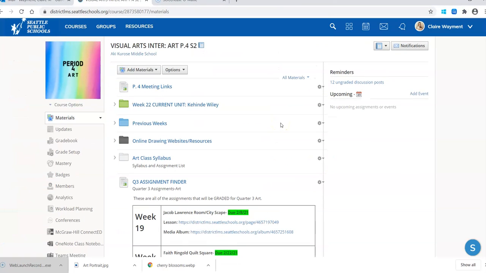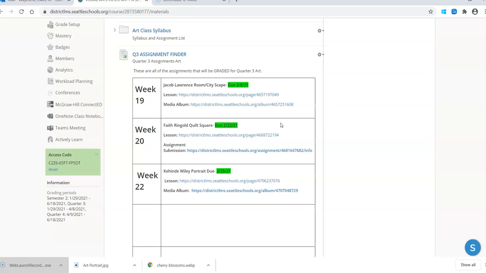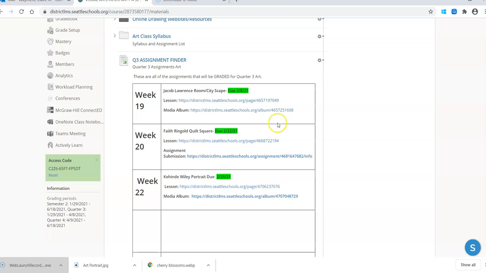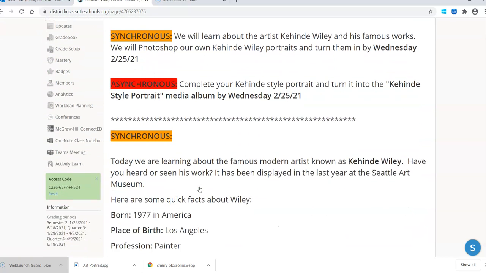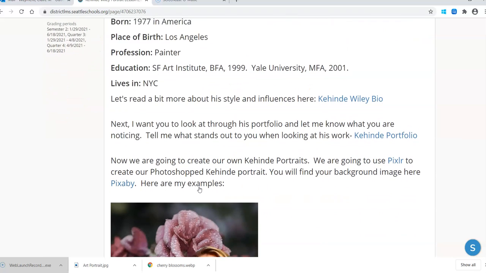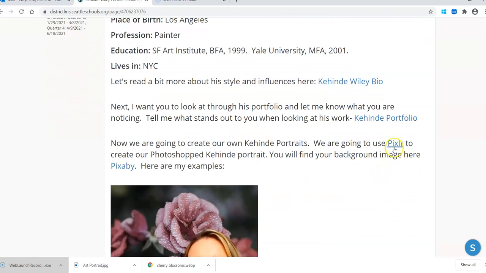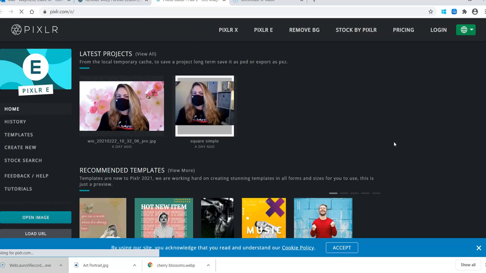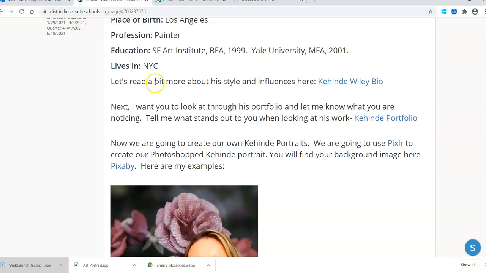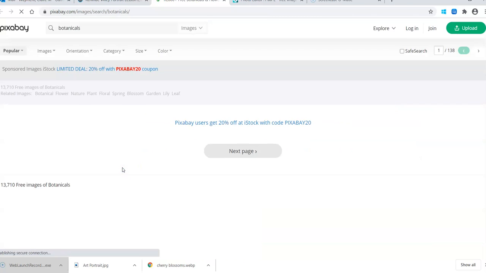So I am in period 4 here, and I'm just going to do the easy assignment finder link. So we had our Kehinde Wiley portrait. Here's the lesson, and I know that the lesson has all of the links I need in there. So the first thing we needed was the Pixlr link. That is our Photoshop website. And I'm going to go back here and open Pixabay as well, because that is where we are going to